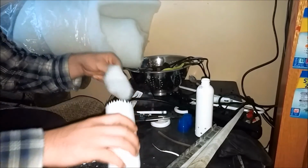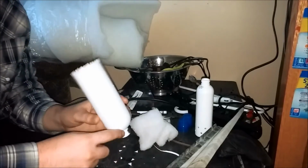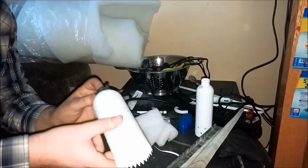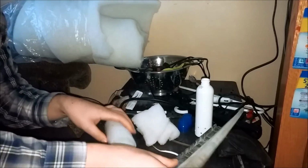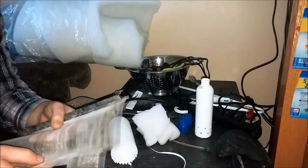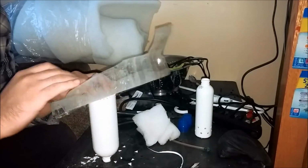Alright, so just something that I forgot here. Like I said, I have my pieces of sponge in here. I'm kind of worried that some of this floss might actually get tangled in my impeller prop. So I have an old piece of screen here. This screen was just from an old tank separator. And I'm just going to put a little cutout